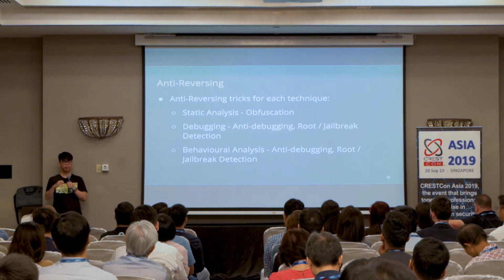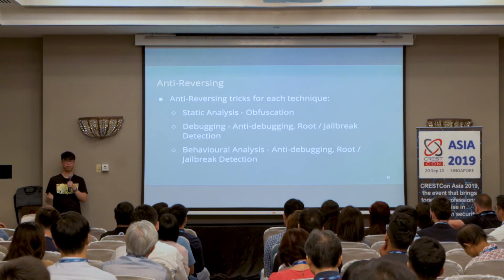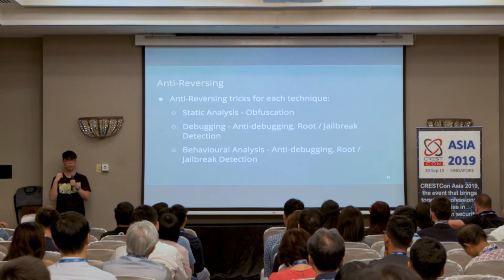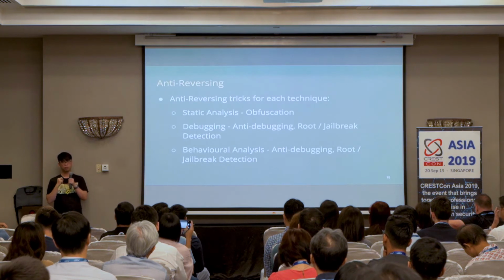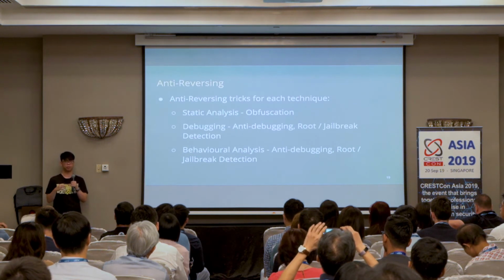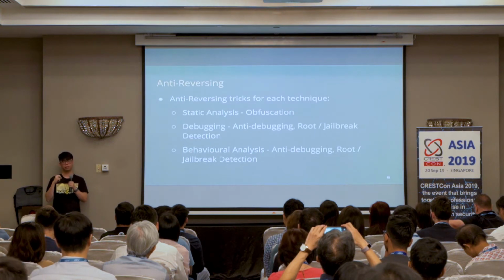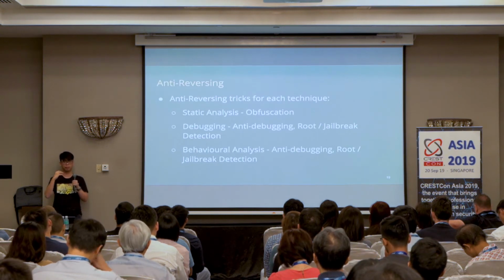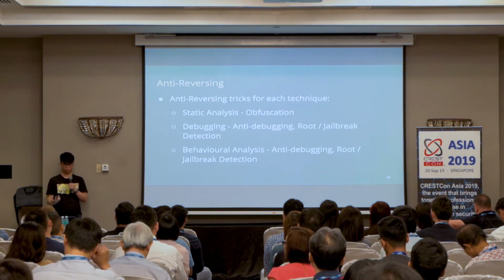And when there are reverse engineering techniques, people try to make it difficult for reverse engineers to understand what the application is doing. To counter things like static analysis, application developers might employ techniques like obfuscation that make it difficult to understand what a program is doing. Obfuscation works by messing up the program's control flow while retaining the same program semantics, essentially meaning that the program does the same thing, but you can't read what it's doing.